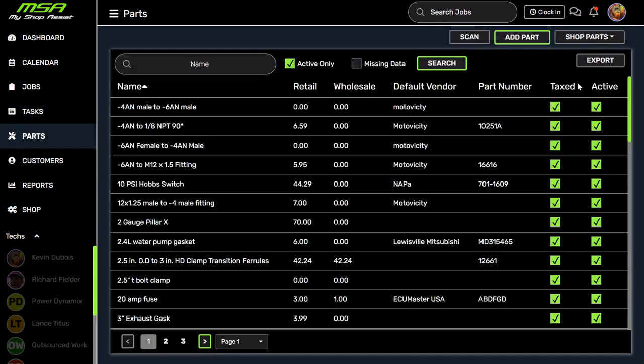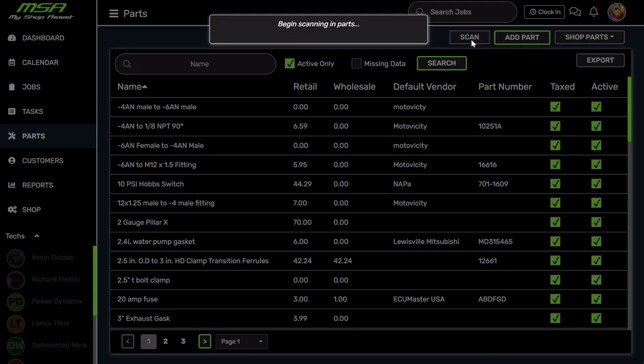Okay, and then the next thing I wanted to show you was the ability to use a barcode scanner. So this is also a new feature. We have a scan button up top here. If you click the scan button and scan a barcode, and in this case I've got a bag of Chips Ahoy cookies in front of me, if I scan the barcode,